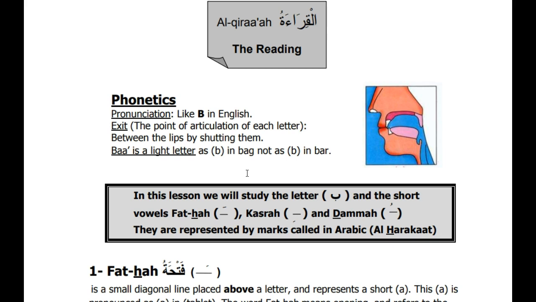Exit. When they say exit referring to the letters, it refers to something called makharaj. Makharaj are the points of articulation of the letters, yeah? So the exit, or the point of articulation, of this letter is between the lips by shutting them. Ba,